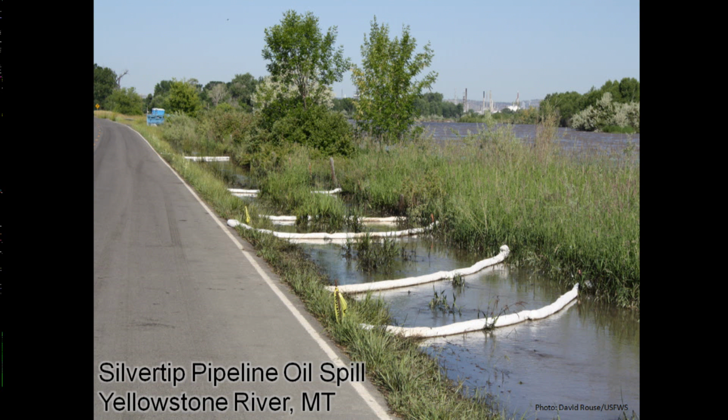All right, this next one is the Silvertip pipeline oil spill. This occurred on the Yellowstone River in Montana. This occurred when flooding on the Yellowstone River undermined some of the material that was supposed to protect the pipeline from erosion. The pipeline runs under the Yellowstone River, so when it ruptured, it sent oil downriver as far as 70 miles downstream and passed through both large and small communities in eastern Montana, including the city of Billings, but